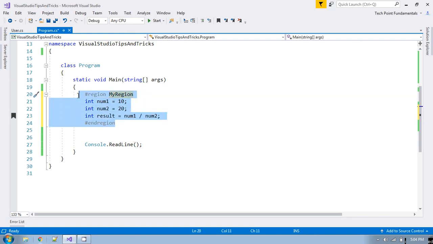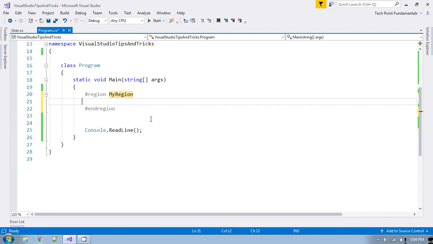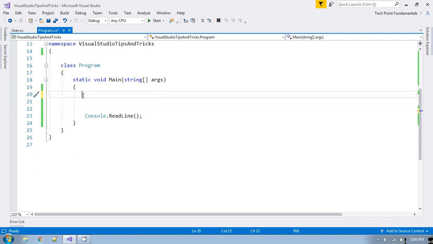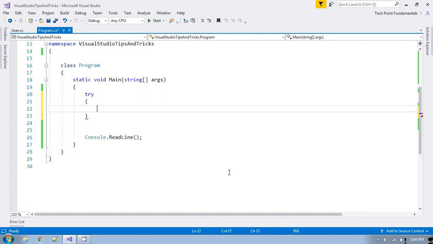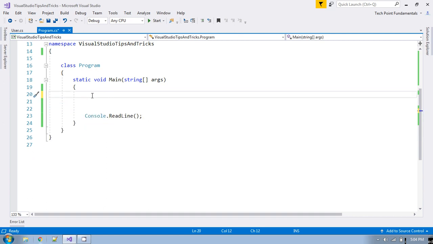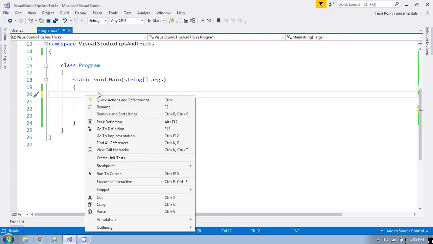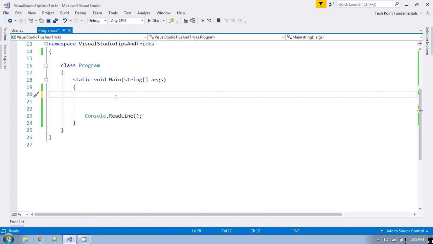Now what if you have not written any code, and suppose you want to write something under the try catch block? Normally you first go and create the try catch block, and after defining the try and catch block, you start writing the code. But if you have not written anything, you can also go to the same thing, insert snippet, Control K X. Either you can go here from right click, or you can just simply press